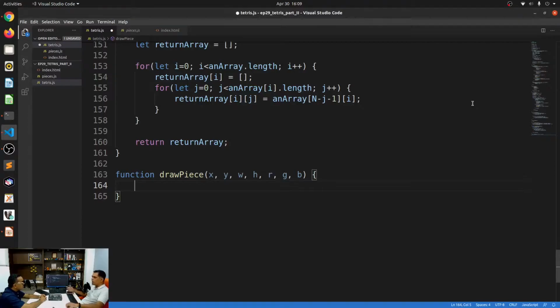As we go on, you will understand what's happening. The top and the left side corners are a little bit lighter, so we'll set that color. All right, so which is context dot.